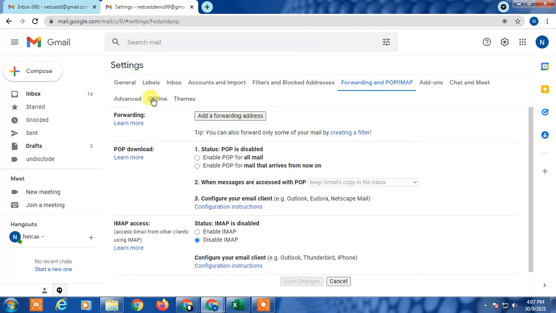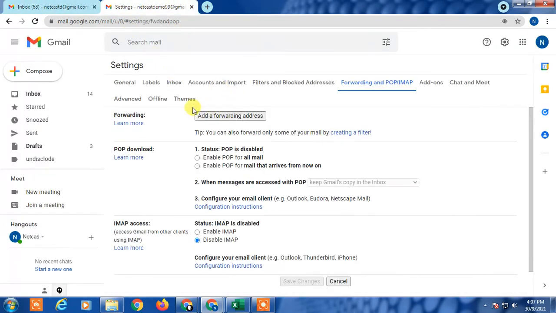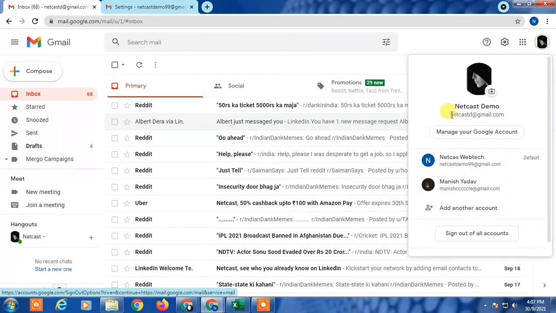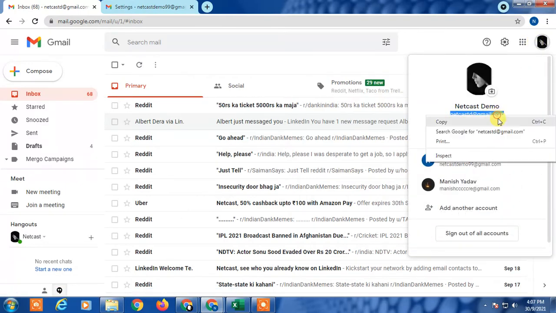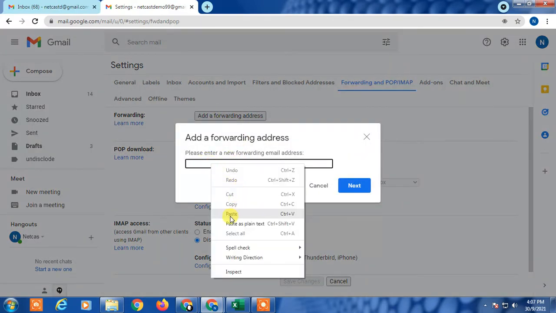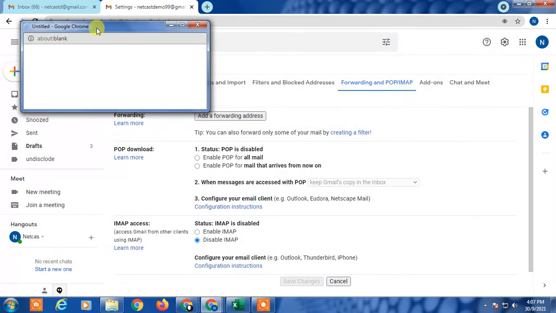It means when you receive any new email in this email ID, it will quickly forward to your main account. You can operate this second email ID from your main account. For that, just copy your main email ID, paste it here, click next, then proceed.